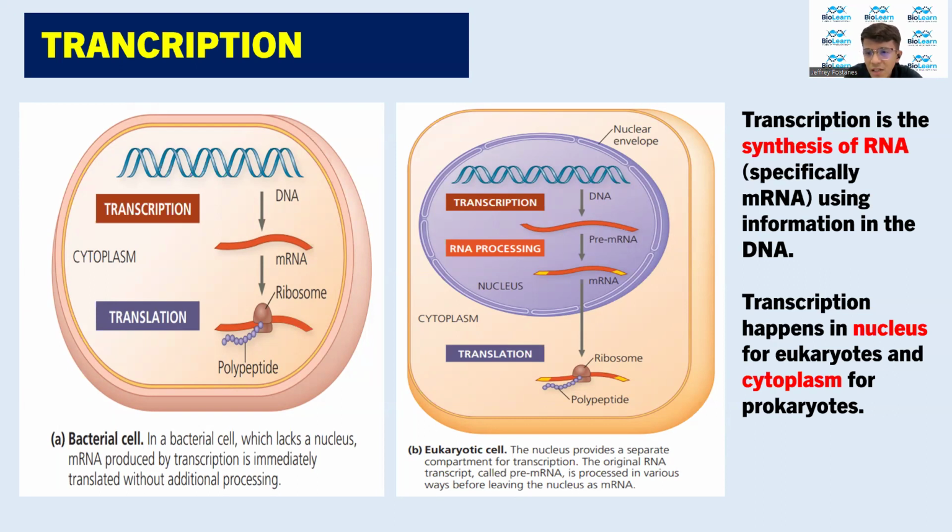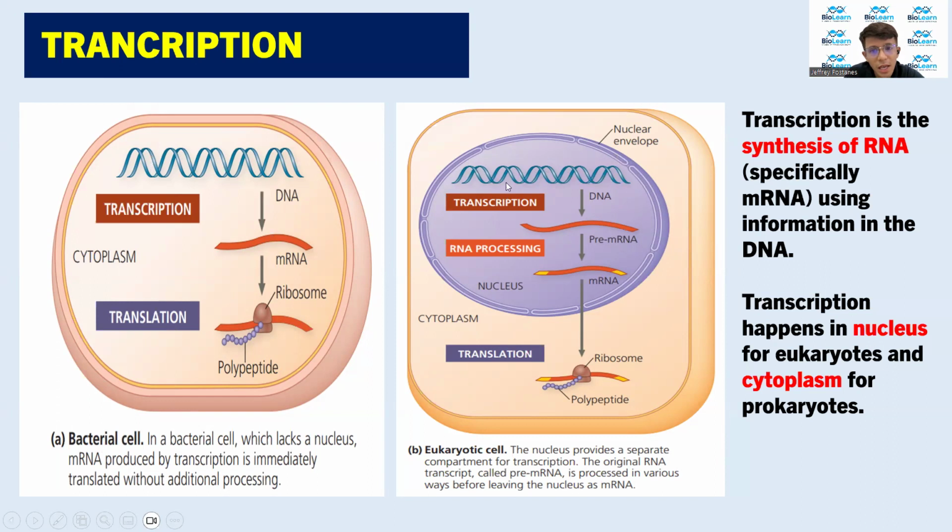So it happens inside the nucleus for eukaryotes, and it happens in the cytoplasm for prokaryotes because we do not have a nucleus in the prokaryotic cell. Okay, so if you look at this picture here, we have the bacterial cell or the prokaryotic cell. So we have here the DNA, and the template strand of the DNA serves as a template in creating an mRNA. Okay, now for the eukaryotic cell,